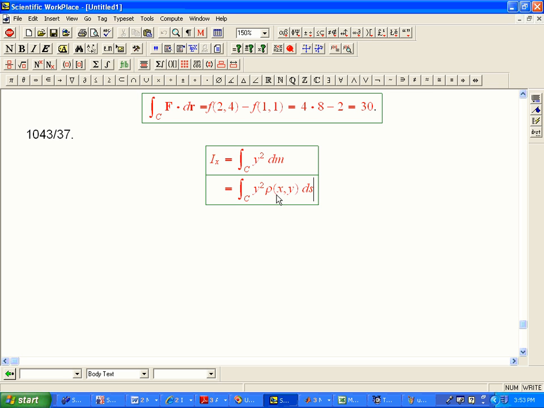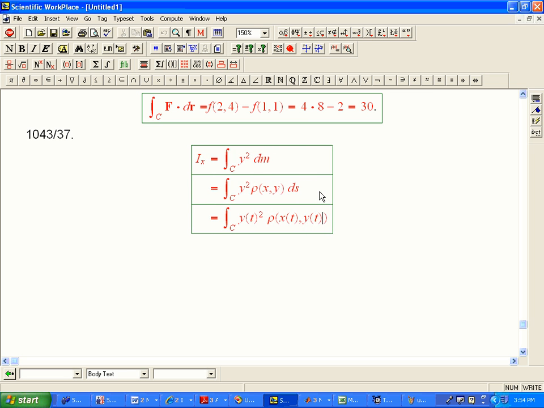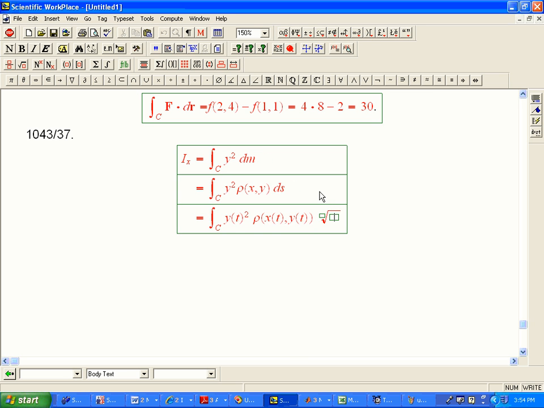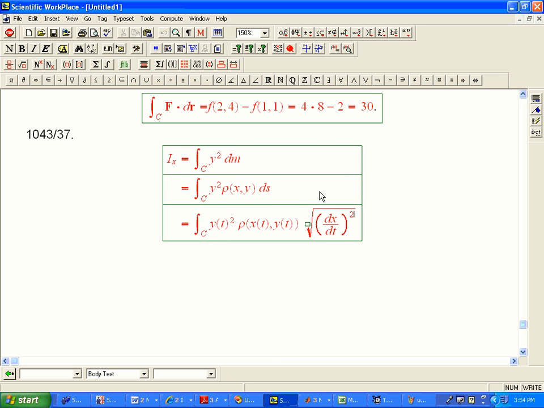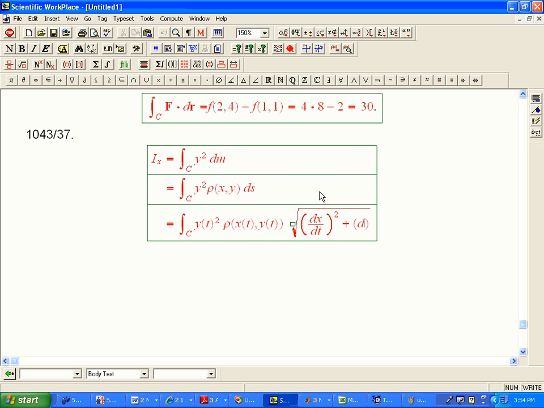The first stage is to convert it into density times ds, and then the real practical thing is you're going to take y of t squared for a parameterization times that density evaluated in terms of the t's, and then the ds dt, that's going to be the speed, which is often a fairly nasty quantity,